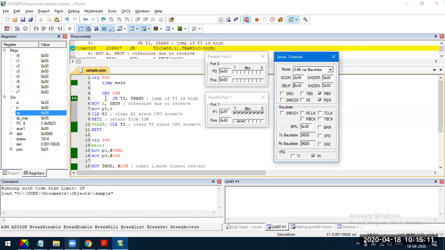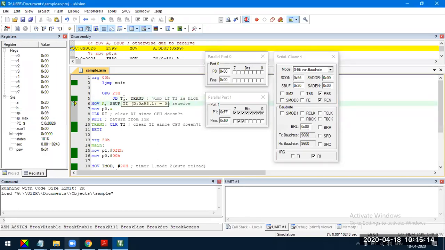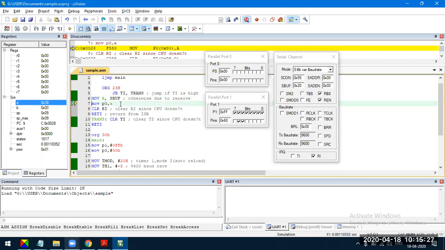So it will execute the main program. TI is not set to 1. It was RI, so it will come out of this check. Now what it has to do: I've sent data 8, so the data is available in the SBUF register. That will be copied into the accumulator. Execute this instruction. We can see that the content of the accumulator is 38. Whatever character we enter, the microcontroller converts into its ASCII value. I entered the character 8, the content of the accumulator is 38. So 38 is the hexadecimal number which represents the ASCII value of the single numeric character 8.